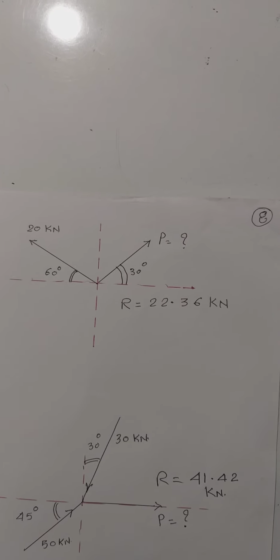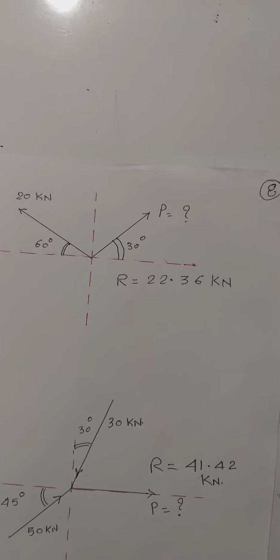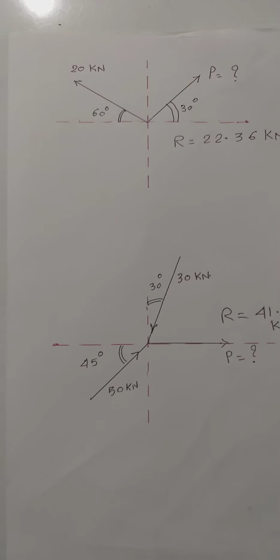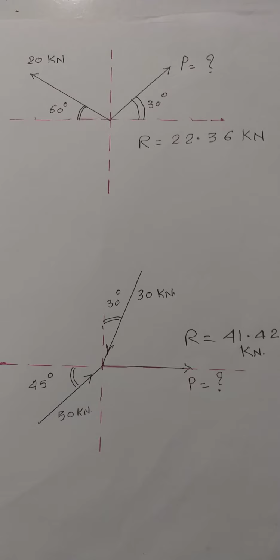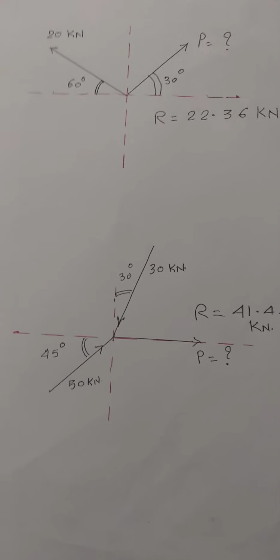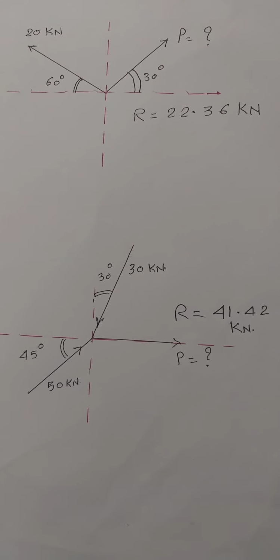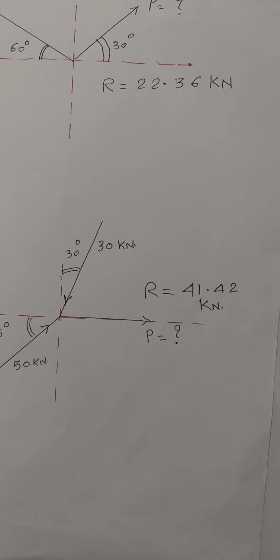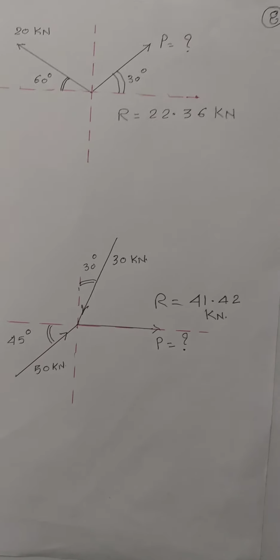Yes, try to solve this problem, and then after solving it for the two forces, we'll switch over to the next problem, having three forces simultaneously acting at the same point. Now again, force P is unknown, which is acting horizontally, and the force of 30 kilonewton acting towards the origin,